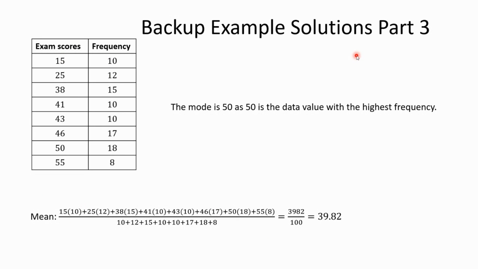And normally for the mean, you add up the data values, right? So you would be adding up 15 with itself 10 times. That's the same as multiplying by the frequency. And so on. So we're doing that for each one, 15 times 10, 25 times 12, 38 times 15, and so on. And then we also have to add up the frequency, because remember,